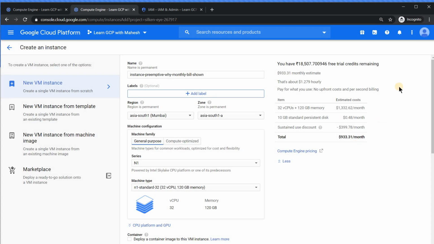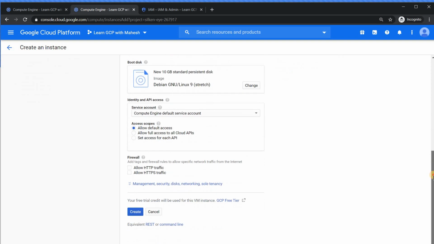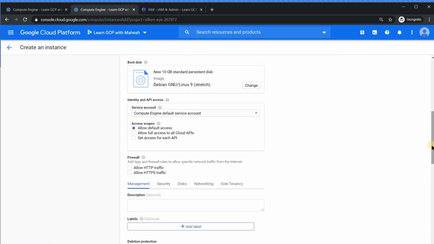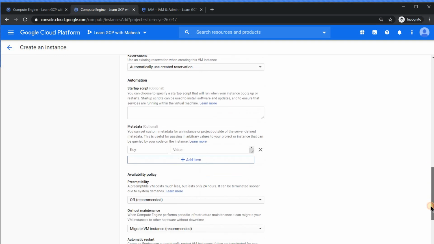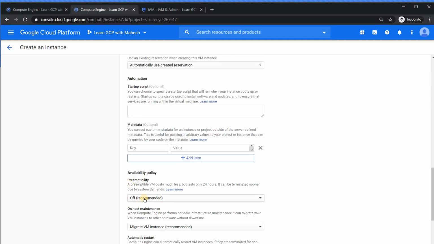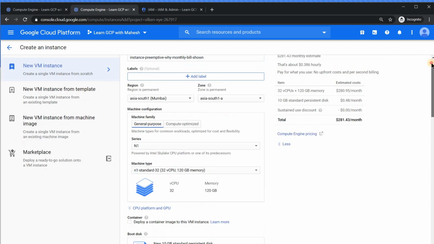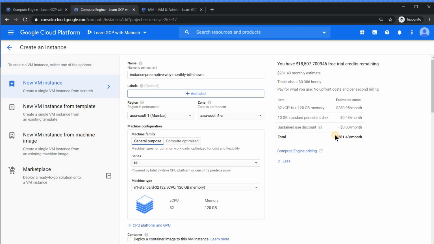It all makes sense. Now, if I scroll down, go to the management tab, and turn on preemptibility, meaning make this regular virtual machine into a preemptible virtual machine, and scroll up, the price definitely reduces, which makes more sense. But why it has to be per month is a question, because we know the life of preemptible virtual machines is a maximum of 24 hours. The moment you select preemptibility, maybe it should have been divided by 30, is what I personally feel. Let me know your thoughts in the comment section. Let's move to the next confusing option.